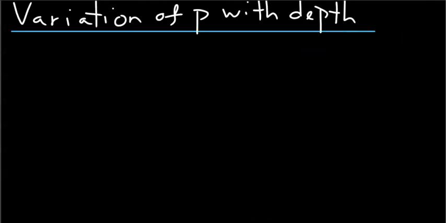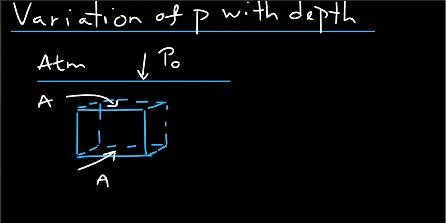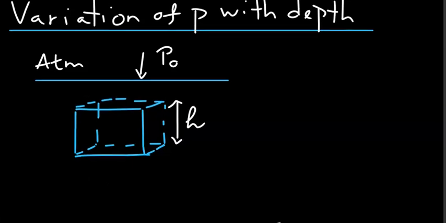Next, let's look at how pressure varies with depth. Say you have a pond that is exposed to atmospheric pressure. Let's say the atmospheric pressure is P naught. We will carve out a sample of water in the following way. It's in a rectangular block form, so the top surface area is A, the bottom surface area is A, and let's take this length here as H. Of course, we are assuming that the entire liquid in the pond is at rest,